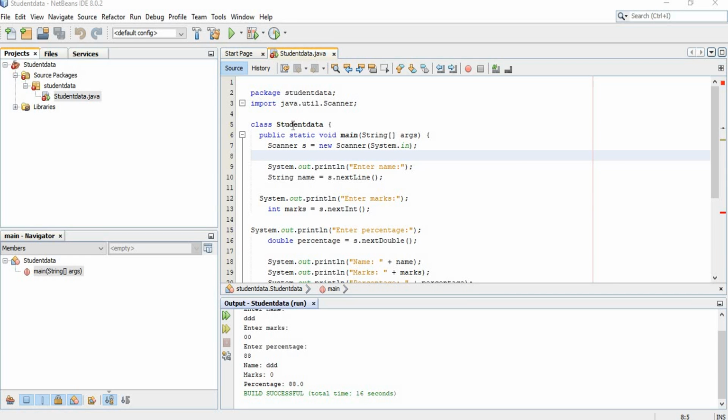Then I am giving my class name as StudentData. The class name should start with a capital letter, and the class where we write the main function, that class name should be your file name. So here my class contains the main function, and I have to save this program using the same class name.